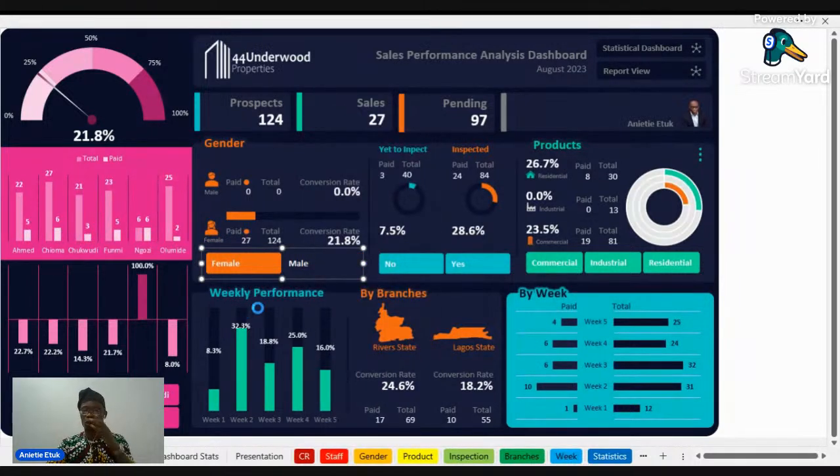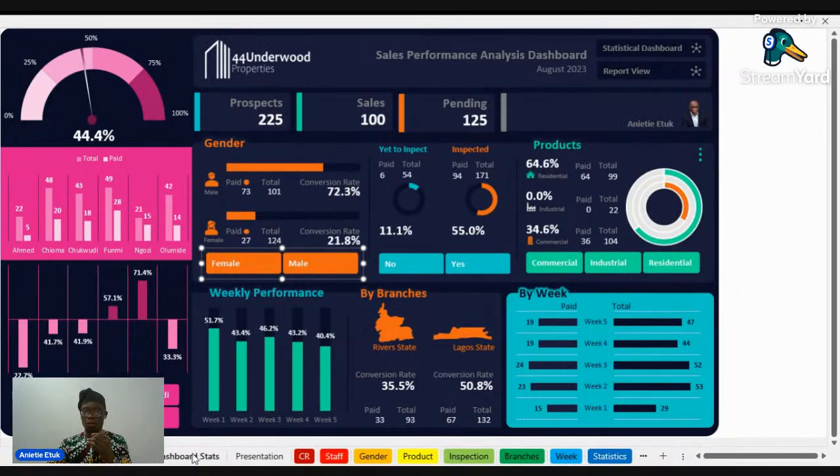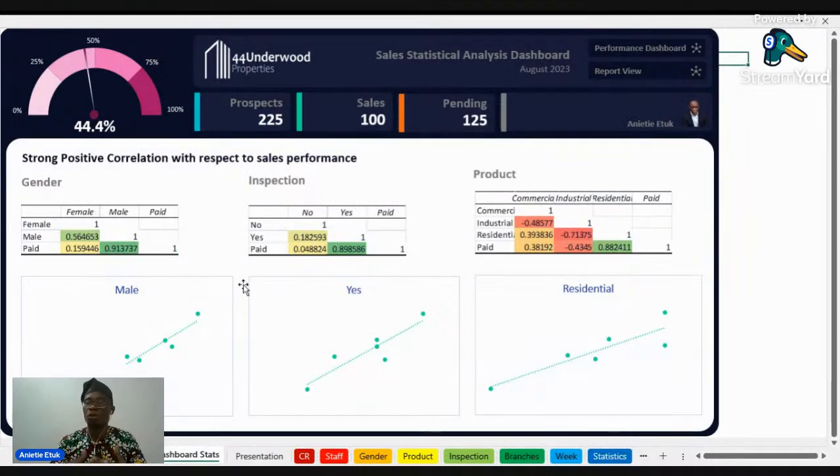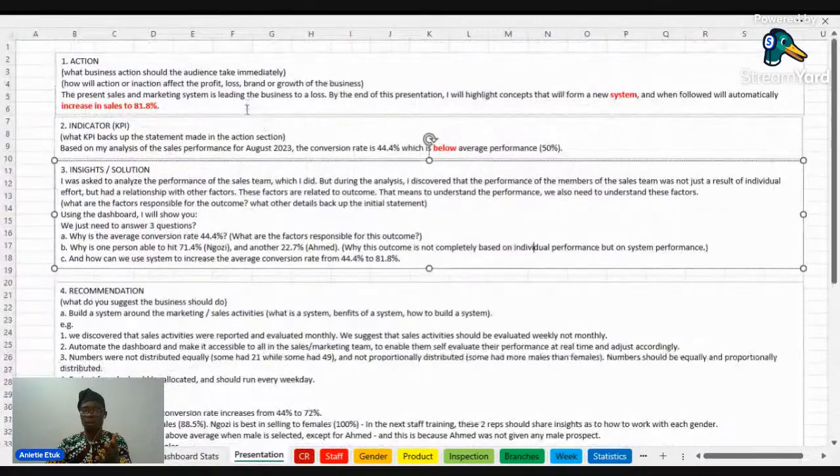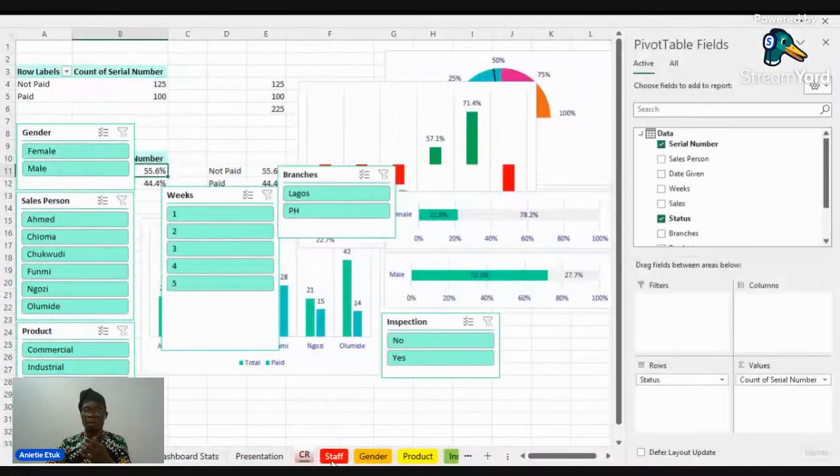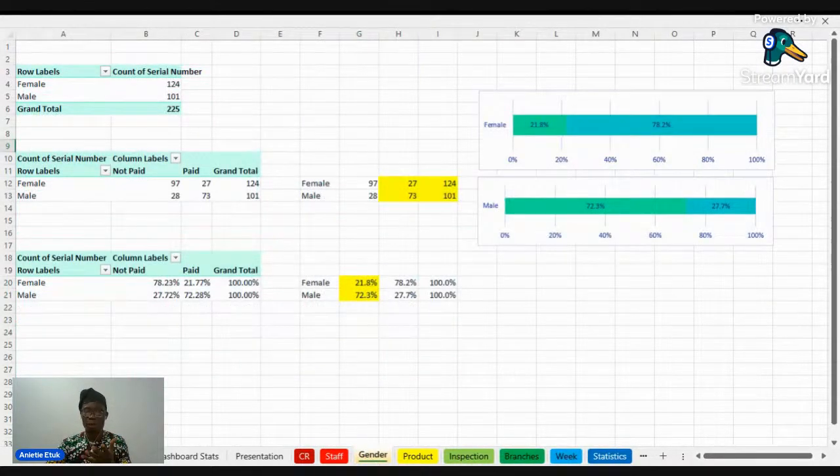So I took time in this course to work on this. Then I also did something else in this course. This is the first time I'm introducing the statistical part of a dashboard. There are simple ways to present your data so your customers understand. We discovered that we had a relationship between sales and certain factors, so we used correlation to determine that and made it in a simple chart that the clients can see and understand. Then this is where we have the recommendation, all detailed. From this recommendation, we'll then extract to the other part. Then you see the chart, it's a complete course.